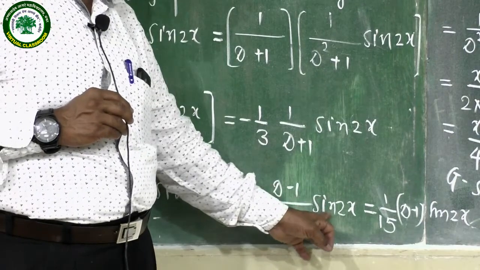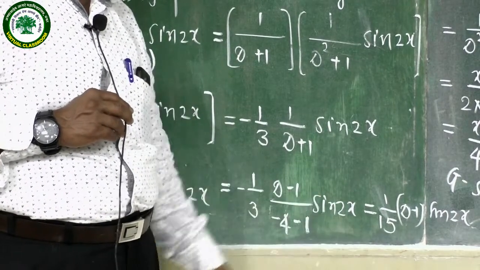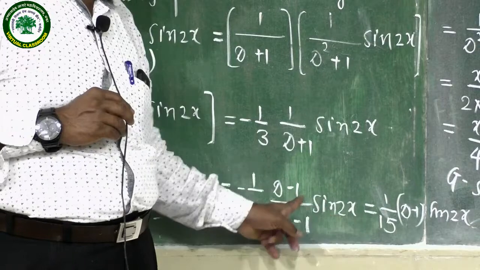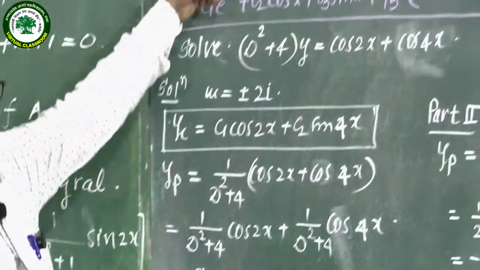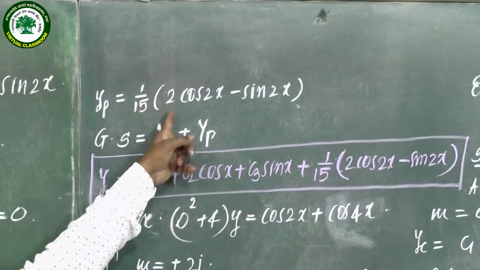Apply this D minus 1 on sin 2x, that means you have to take the derivative of sin 2x and minus sin 2x remaining as it is, and the final answer is 1 upon 15 times (2 cos 2x